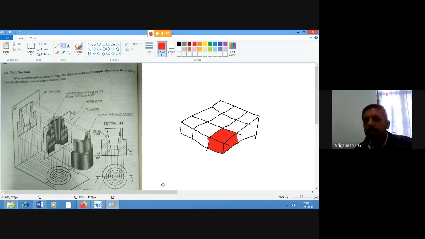We'll only remove this portion. So how does it look after that? If I remove only this particular portion, how will it look? It is going to look like this.